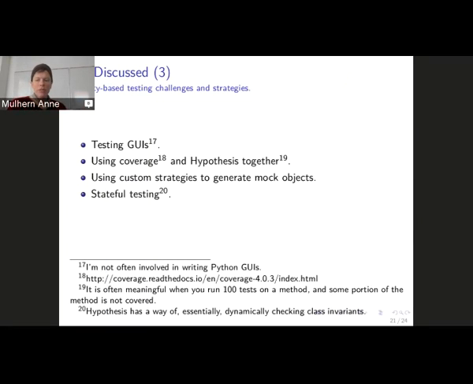So there's the coverage tool that a lot of people use for Python, and between that and Hypothesis, you can get more than just a measure of quality. It's very interesting sometimes when you make a change to your code and you have a function that had 100% coverage beforehand, and now even with all those Hypothesis tests, it doesn't have that coverage anymore.